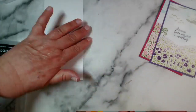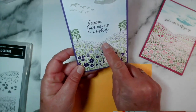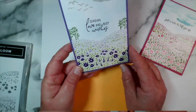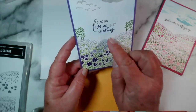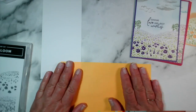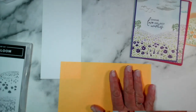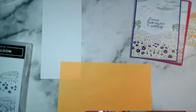First thing I'm going to do is stamp this top element here. I could stamp both actually, so that I can mask this area off. So I've just got a nice large post-it note, which is perfect because it will cover that whole area. And let's just choose, I've got Berry Burst to hand,